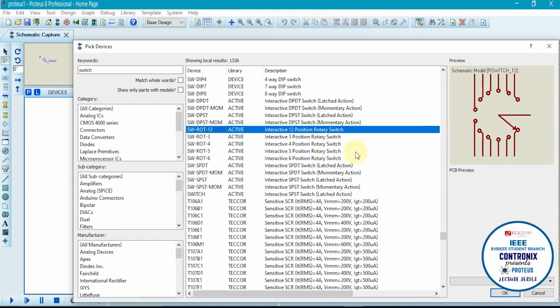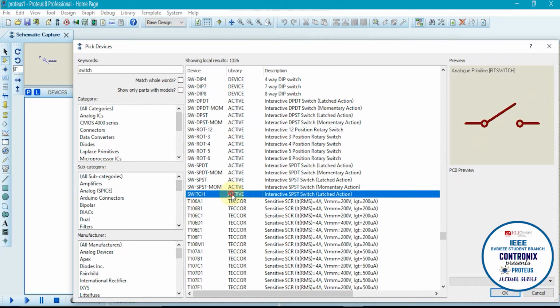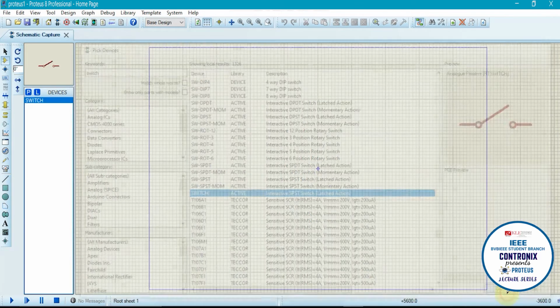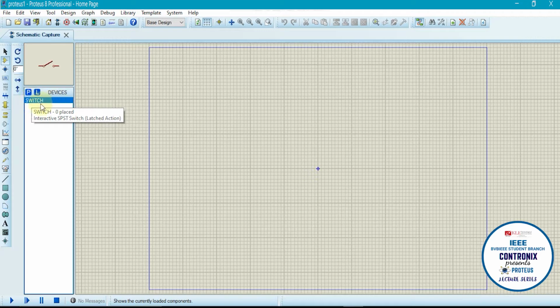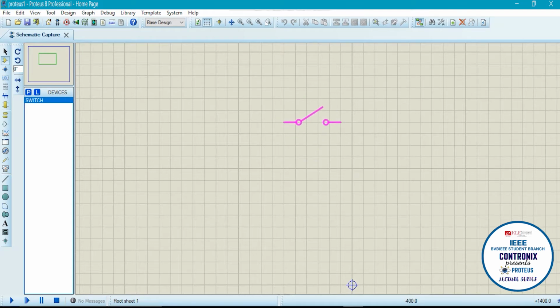Based on the requirement you can choose, for example, this one switch. You can connect your component in different ways. When you hover, the switches get activated as the switch gets completed. So for the demonstration, we are using a simple latch switch. Just click on it and press OK. Now you will see this switch is added here. Now if I zoom in, you can see you don't need to drag it, just click on the switch and place it right here. Now I have successfully placed the switch.